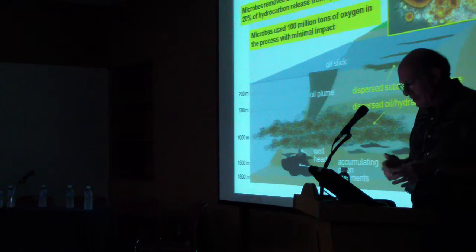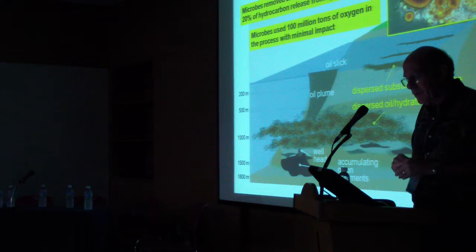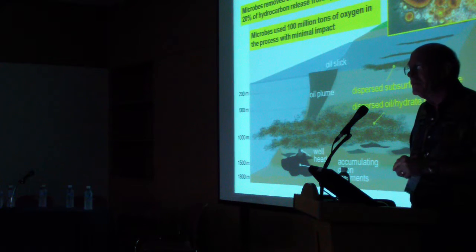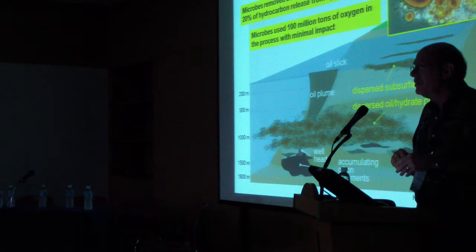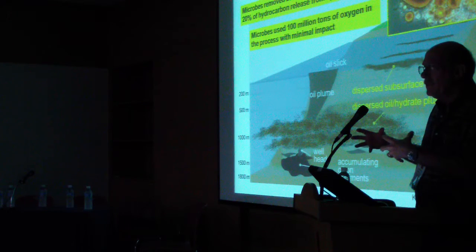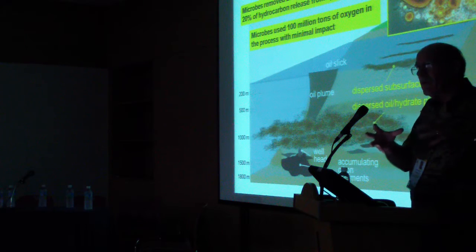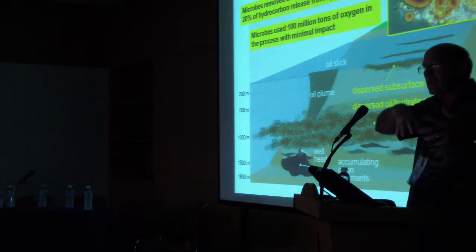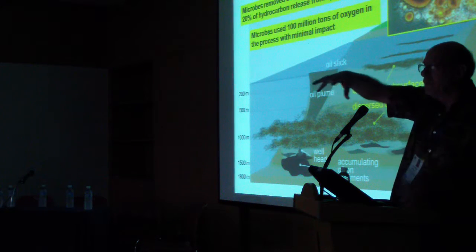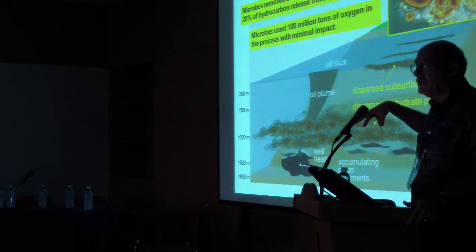They did in this case, in the study by Kessler, the microbes removed hundreds of thousands of tons of methane during this process. They even were able to, in their sampling, show that the plume, that underwater plume that I showed you earlier, was drifting off to the southwest. The currents then were circling at some levels and bringing the plume back around to the well site where the